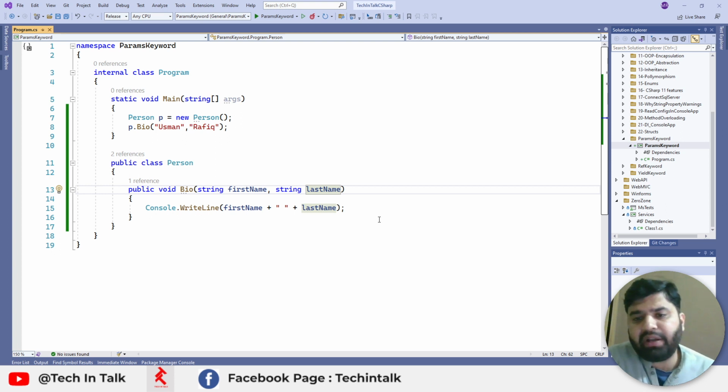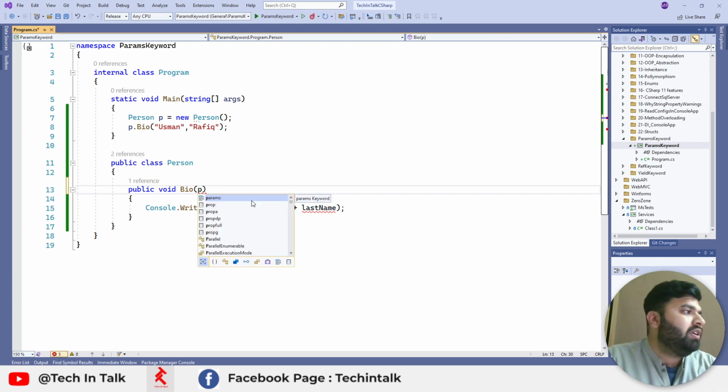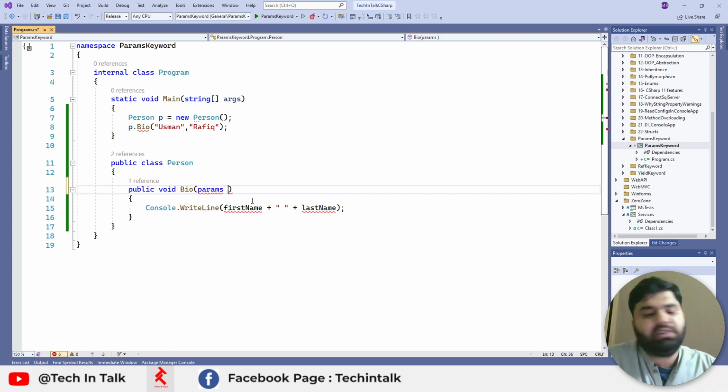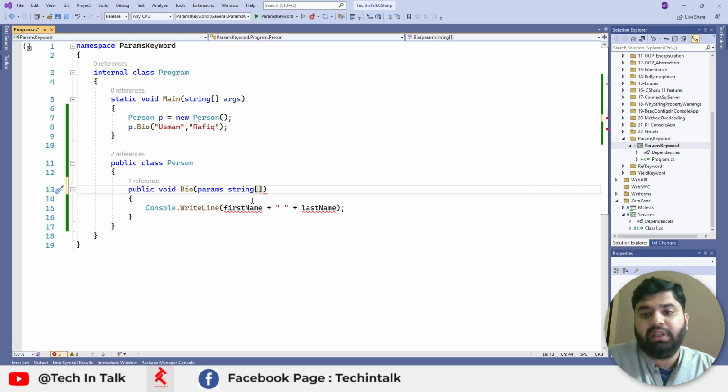So it will depend on the caller class as well. So let's assume I don't know how much information will be required in the parameters. Only and only in that particular scenario we can use params, then the type string, and that should be the